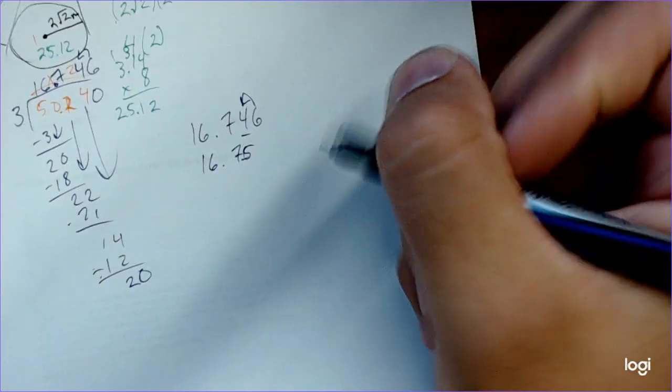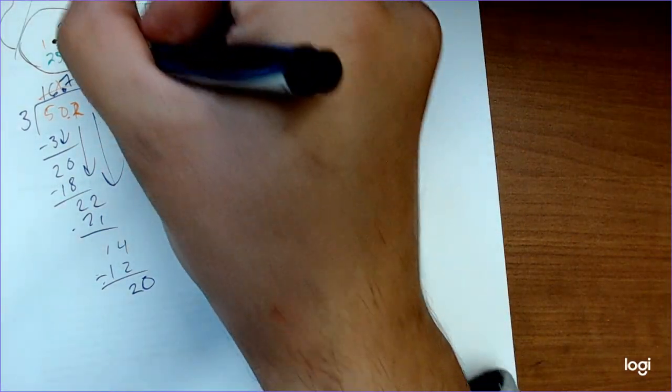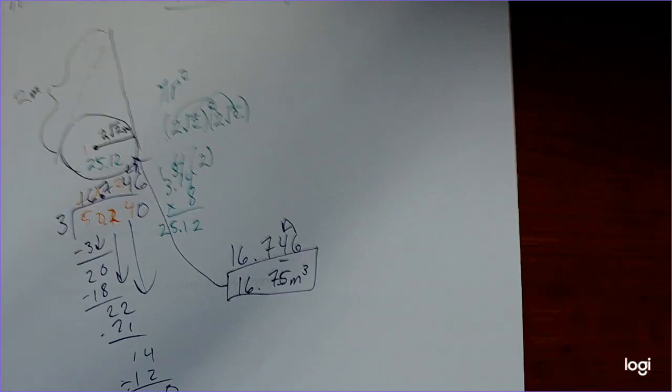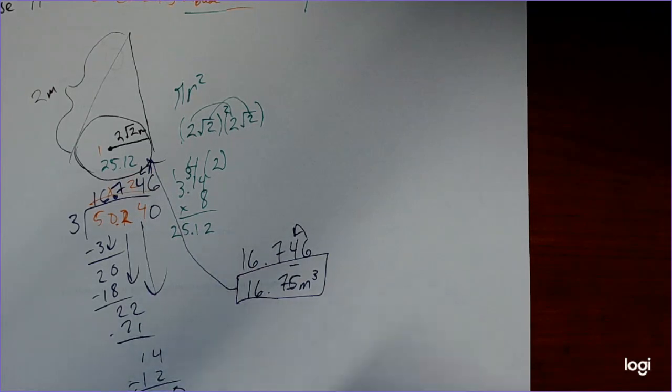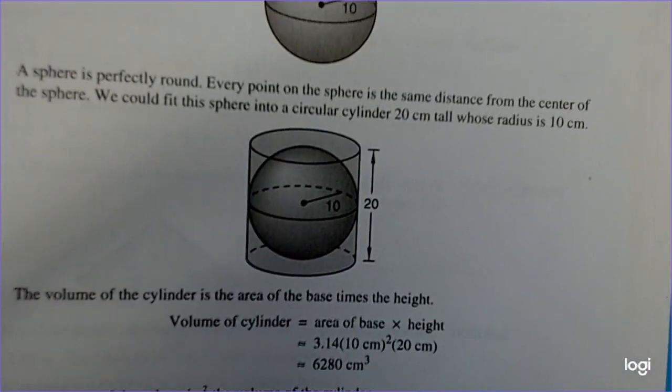All right, so my answer is going to be 16.75 meters cubed, and that is the volume of my cone. So area of the base times the height divided by 3. Okay, now let's do a cone, or sorry, not a cone, let's do a sphere. Spheres can be a little bit tricky. Okay, so if you look at the picture of this sphere right here,